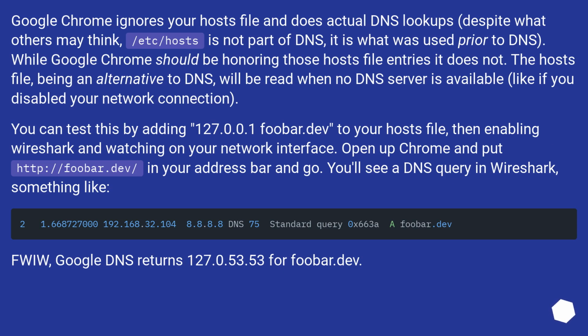Google Chrome ignores your hosts file and does actual DNS lookups, despite what others may think. /etc/hosts is not part of DNS, it is what was used prior to DNS. While Google Chrome should be honoring those hosts file entries, it does not. The hosts file, being an alternative to DNS, will be read when no DNS server is available, like if you disabled your network connection. You can test this by adding